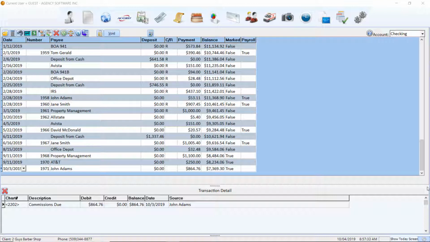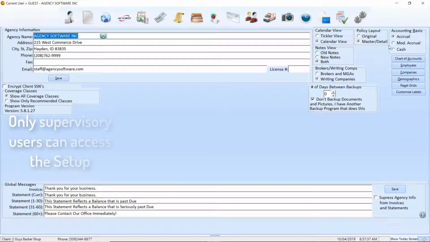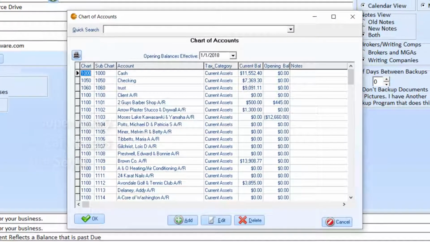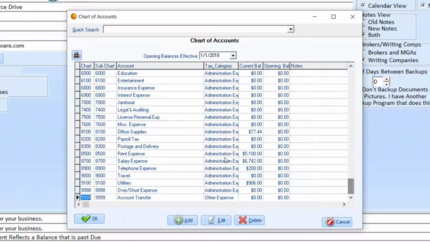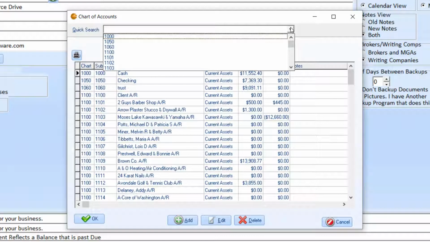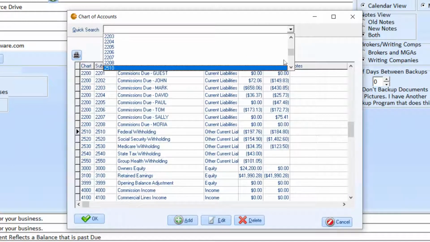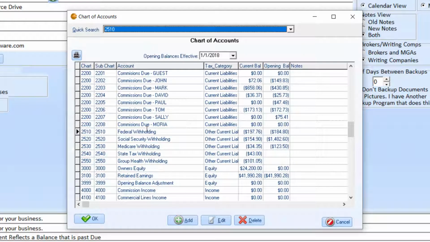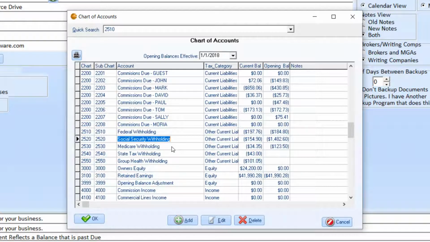The first thing to address before entering payroll are the accounts you will need to log the payment. These accounts might be expense accounts such as payroll expense, salary and wage expense, or payroll tax expense. Or they may be liability accounts if you withhold for taxes or insurance. In our chart of accounts, we have set up in our expenses a payroll tax expense as well as a salary expense account. We have also added federal, FICA, state tax, and group health withholding accounts in our other current